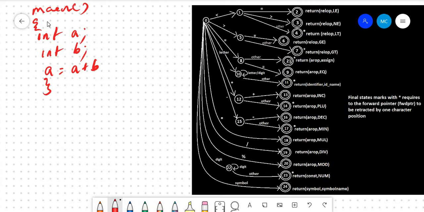So what should be the output? The output should be main.